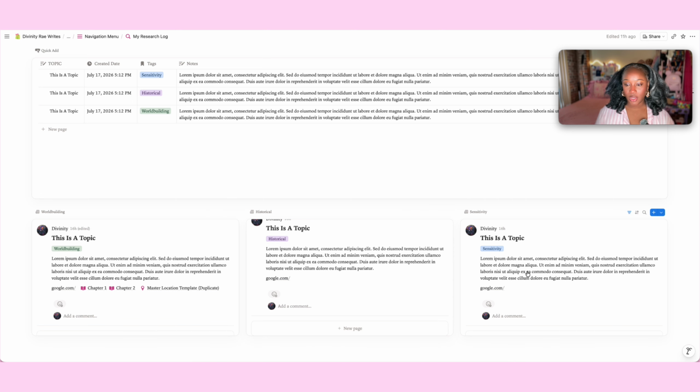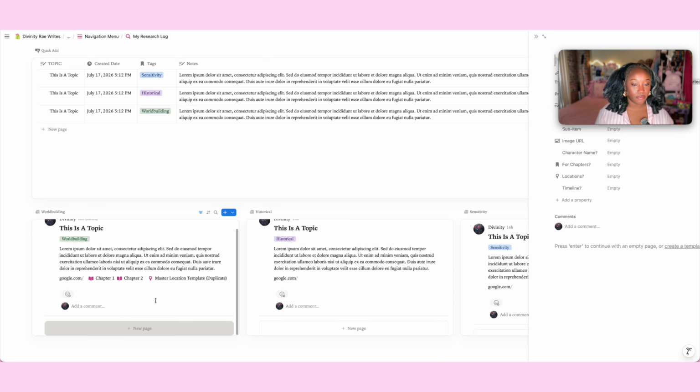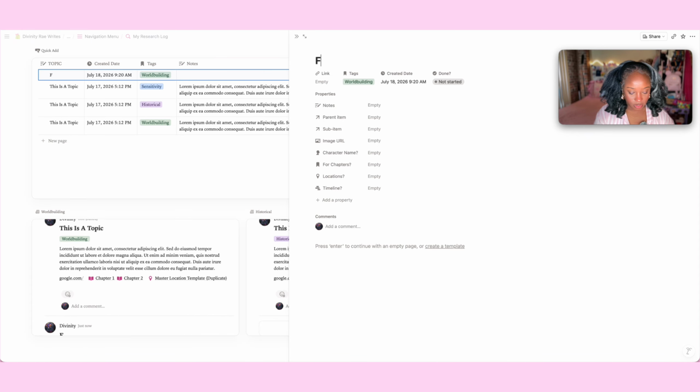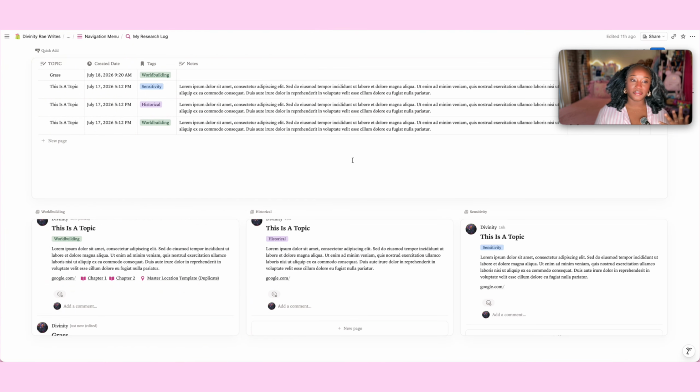Let's say I'm researching grass. It's going to say exactly when this thing populated, and you cannot change this. You can't change it. So I think it adds this level of a human fingerprint when you are writing